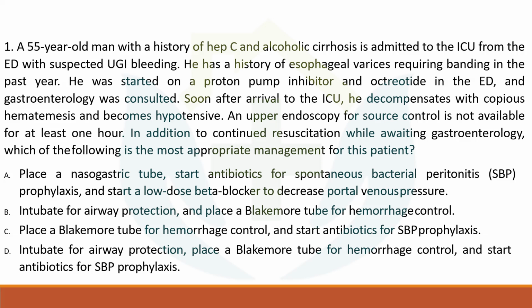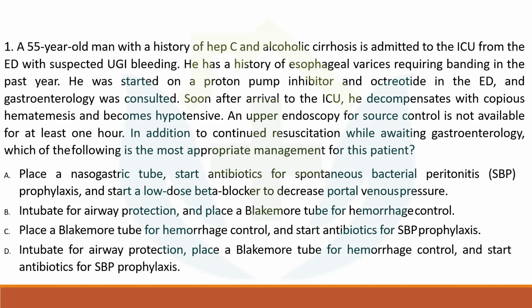Soon after arrival to the ICU, he decompensates with copious hematemesis and becomes hypotensive. The upper endoscopy for source control is not available for at least an hour. In addition to the continued resuscitation while awaiting gastroenterology, which of the following is the most appropriate management for this